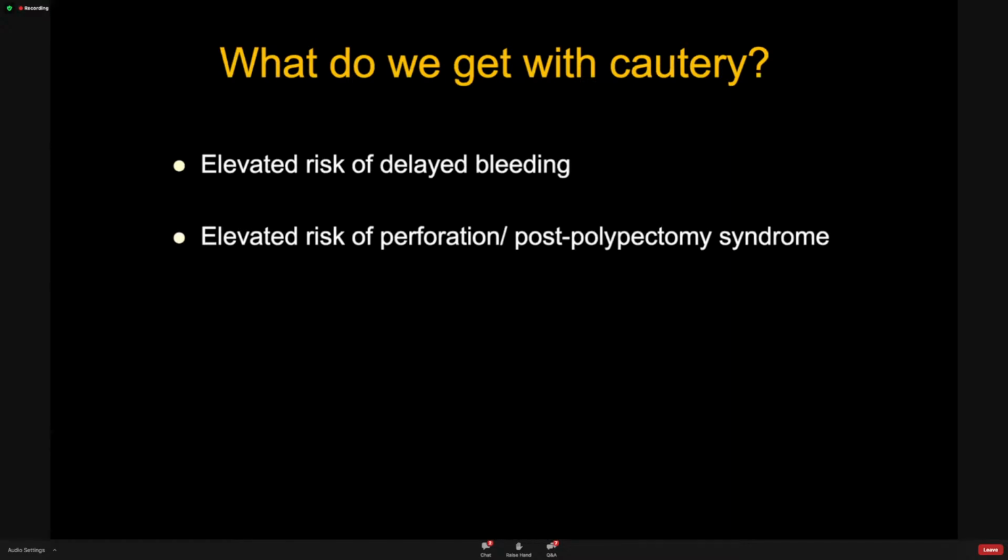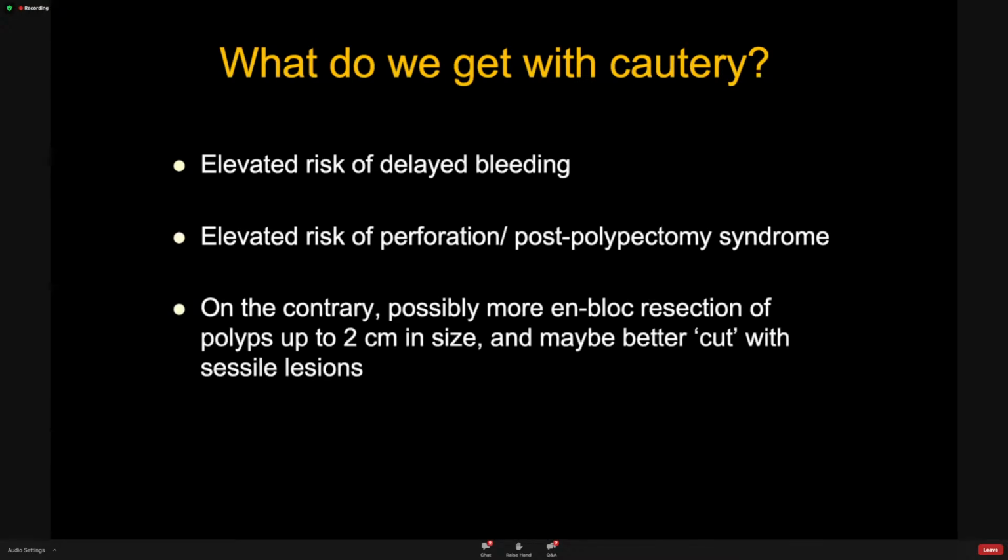We obviously get a risk of delayed bleeding. I didn't touch on this, but there's an elevated risk of perforation or post-polypectomy syndrome. But on the contrary, when we use hot current, obviously we can get en bloc resection rates like what Professor Kawamura has shown with that villus adenoma in the cecum. And we may get en bloc resection rates of polyps up to 2 centimeter in size as well with the